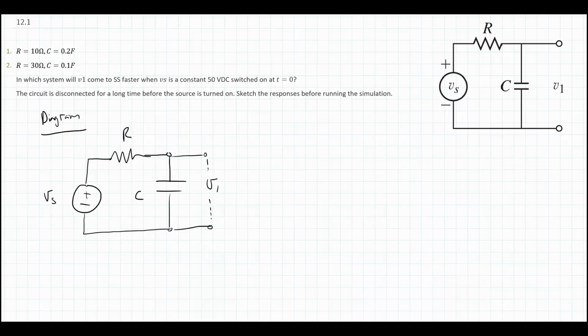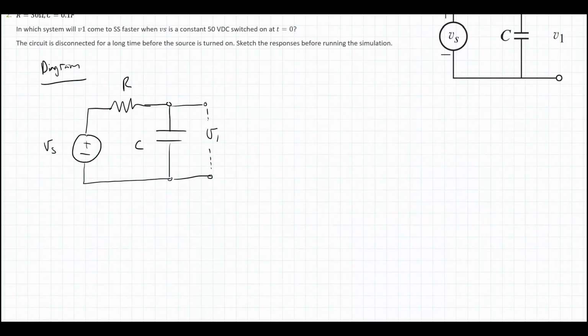So using the diagram, we are going to need to create our transfer function. We need to know what is the transfer function for V1 over Vs. So we're going to need some equations, or in this case, just one equation to do that. Now, I could use KVL, and then I can see, well, the voltage across the capacitor is equal to the current across the capacitor times its impedance, or I can actually just use a voltage divider here, because I can just say it's going to be